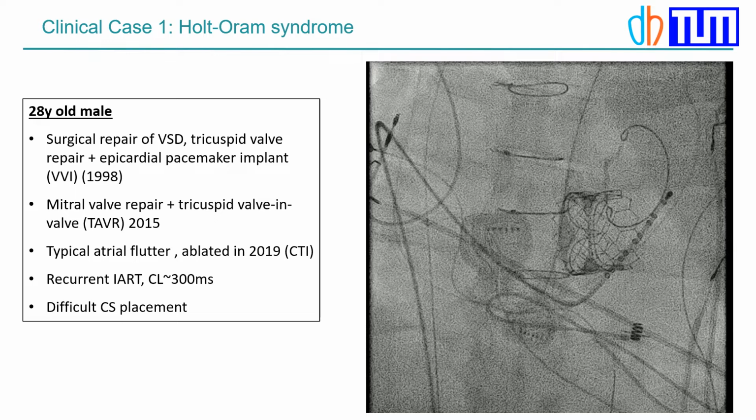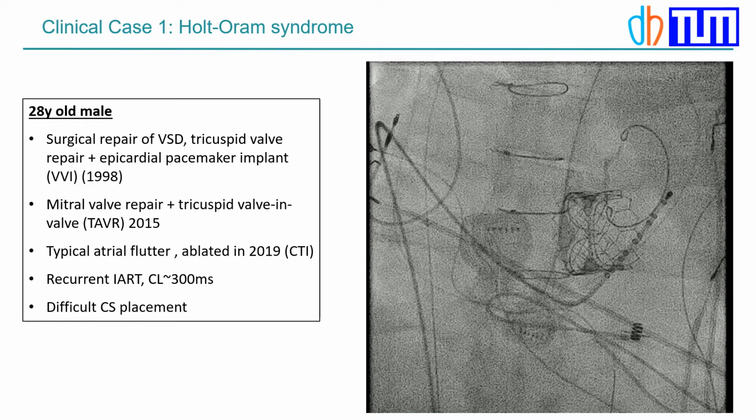And I want to present to you two cases from our hospital. This is the first one. It's a 28-year-old male with Holt-Oram syndrome, surgical repair of the VSD, a tricuspid valve repair, and then in 2015 a valve-in-valve in the tricuspid region with also a mitral valve repair on the same occasion. We had already ablated him once for typical atrial flutter, and now he had a recurrent reentrant tachycardia, a cycle length